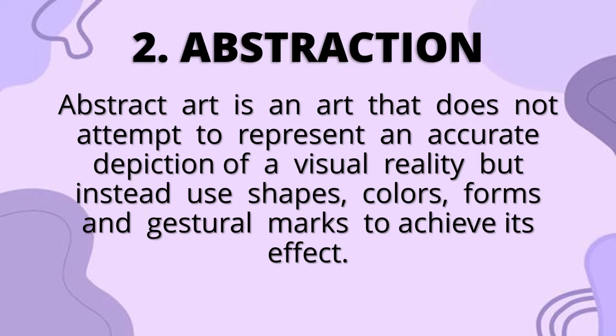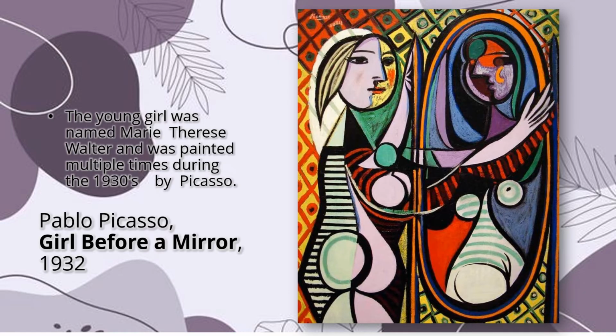So, Picasso is a well-known artist who used abstraction in many of his paintings and sculptures. So, his figures are often simplified, distorted, exaggerated, or geometric. Makikita niyo sa types of abstraction later. So, ito yung isa sa gawa ni Picasso, Girl Before a Mirror. So, it was painted in March 1932. It was produced in the style Picasso was using at the time and evokes an image of vanity. So, kung mapapansin niyo dito sa painting, it is a girl, right? Sabi nga, girl in front of the mirror, Girl Before a Mirror.